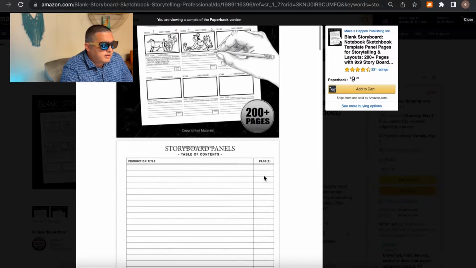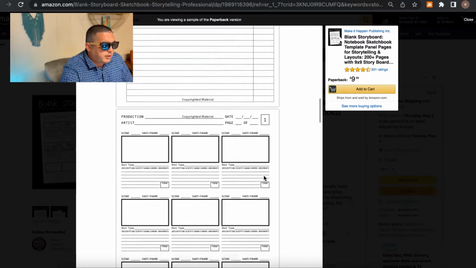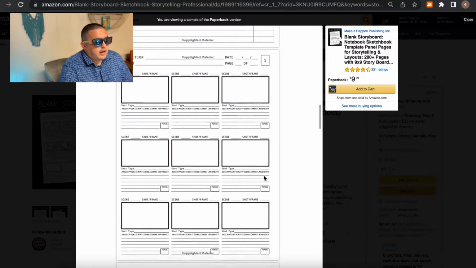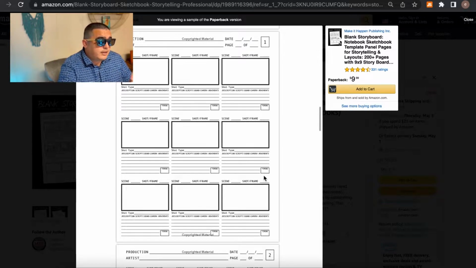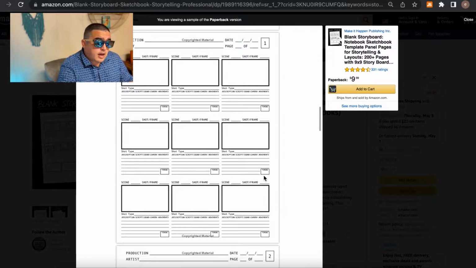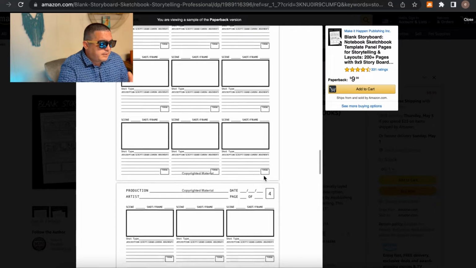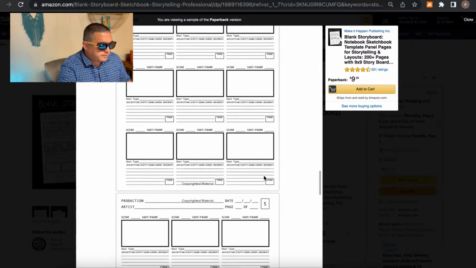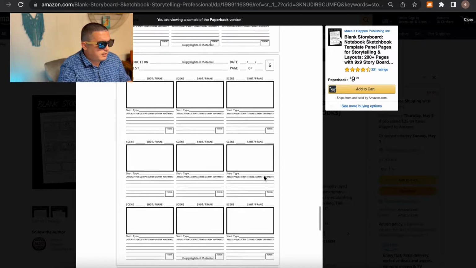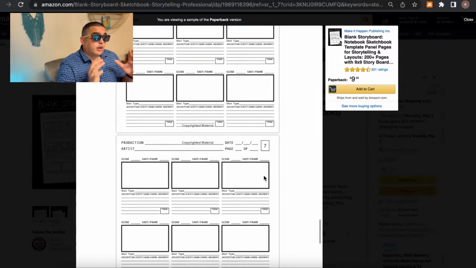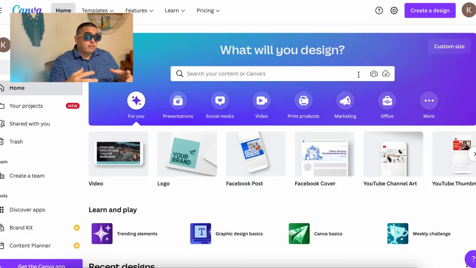So now we see this blank storyboard. And as we go through, we see there's a 3x3 grid style with all of this information basically the same. It's basically the same page throughout the entire book. So we're gonna create a similar book to this, and I'm gonna show you right now how we're gonna do that in Google Slides. So once we found a profitable Amazon KDP niche on Jungle Scout,